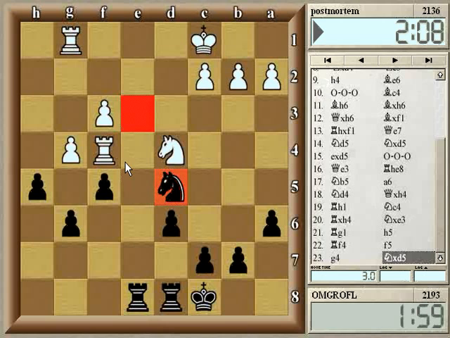I think, sort of standard. I had a slightly worse position. White had an edge, and he just sort of misplayed it, and then I ended up winning tactically. So let me